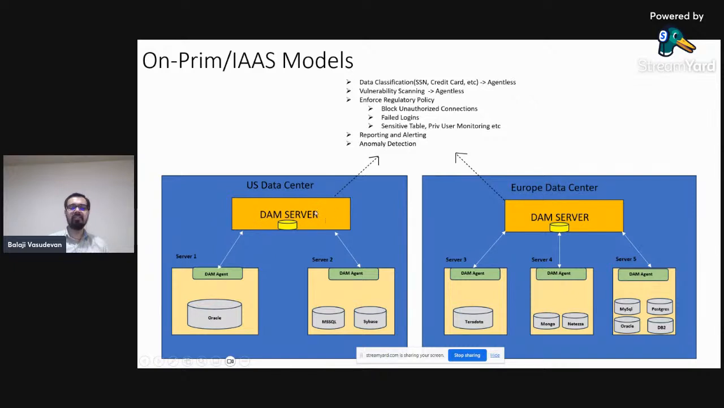So the DAM server actually reads through the traffic: which client IP it is coming from, which zone it is coming from, which data center, what database server it is hitting. Every single piece of information is going to be here. And once it has this information, it is going to pass through the list of policies that the organization has set up within this DAM server, and based on an allow or a deny action, it's going to send back a response to the DAM